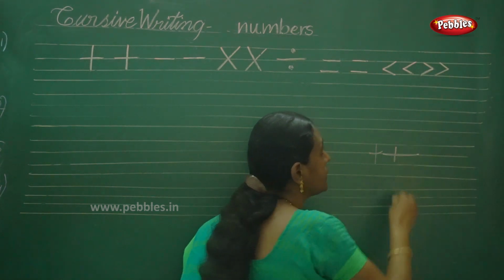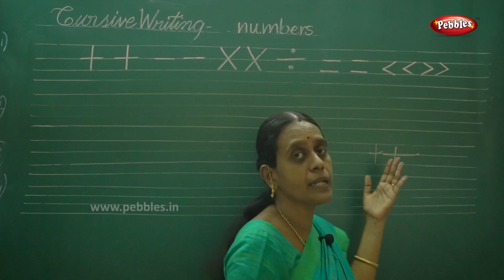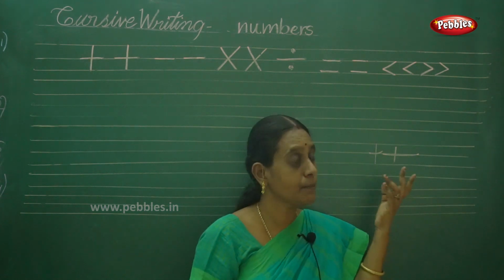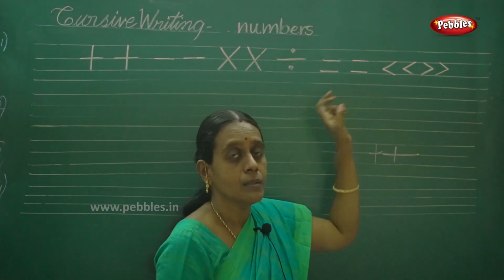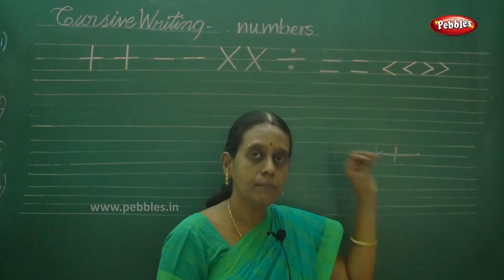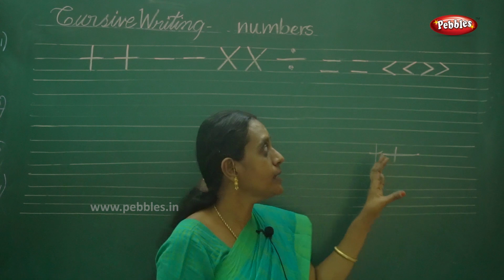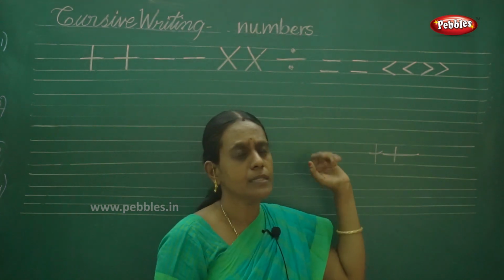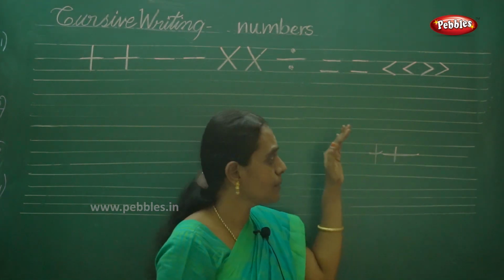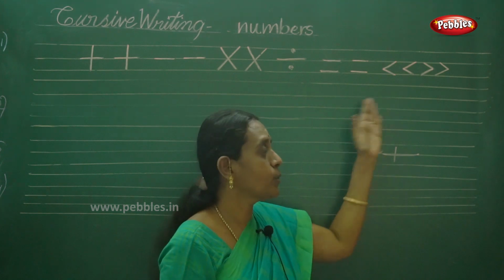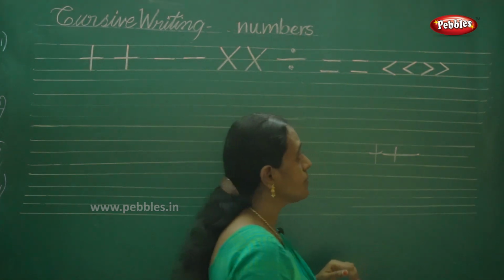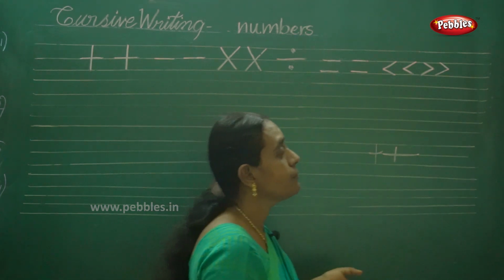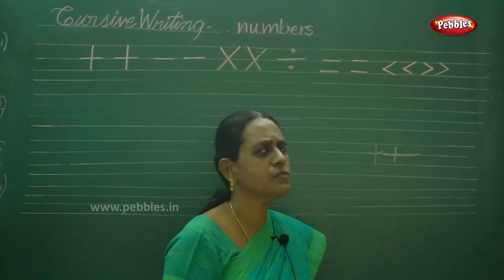And while you are writing, children, say the symbol name, addition, subtraction, and pronounce it. You have to pronounce equal, because some children do maths but they don't know the names. This is a basic easy level for up to 3rd grade only. I told these symbols, and there is one more symbol for upper classes above 5th standard.